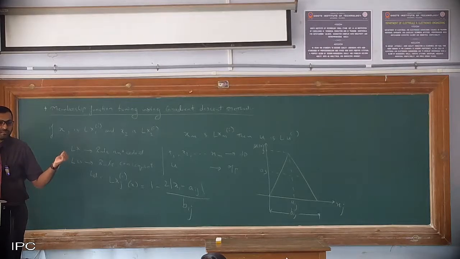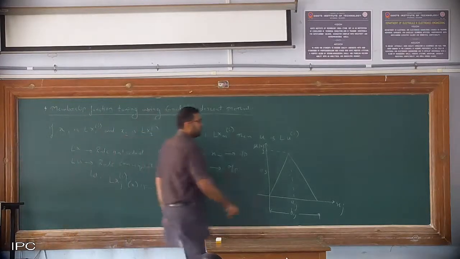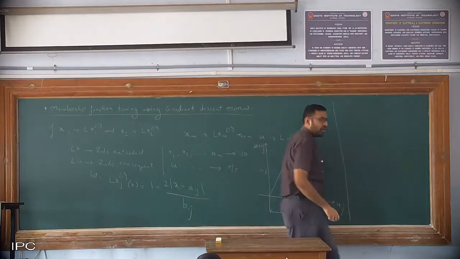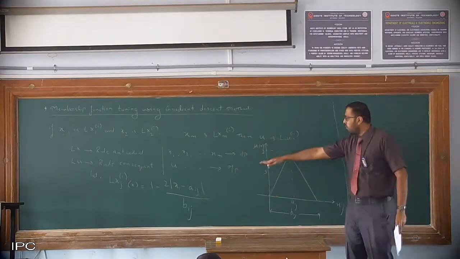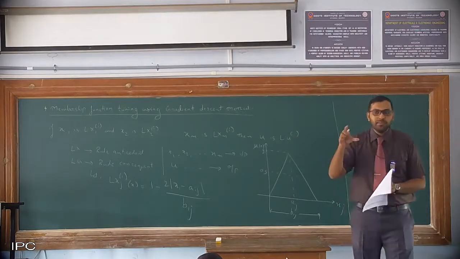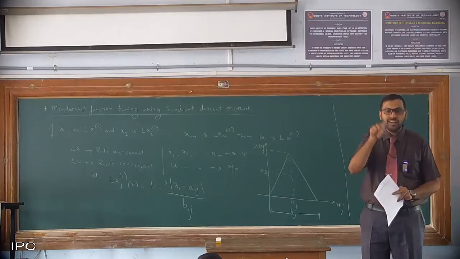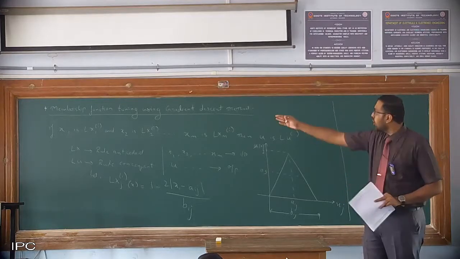Inference engine, wherein they go on calculating all the matrix, whatever we have solved, using our max-min composition and all those things. So what we are going to do here is, using our max-min composition, so we have a shape, okay, we have all the parameters now, fuzzy sets are there, input ke sets hai. From that we are going to find out an output, that is a relation R, okay, for all our input parameters.